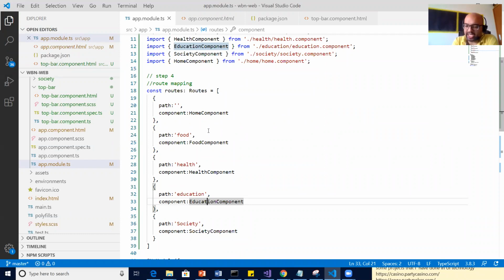I want an answer from all of you. Router module is ready with the education component. The route matched. Router module is saying, I am sending you the education component. Now what?